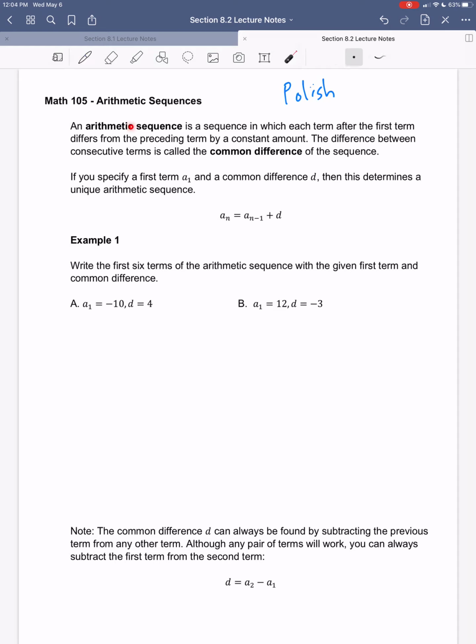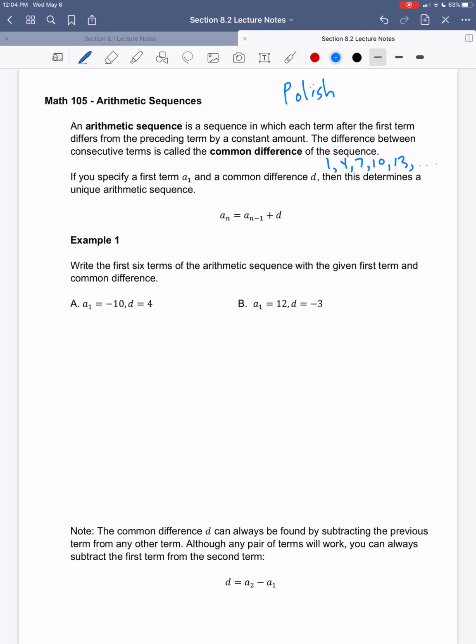So, arithmetic sequence. That's a sequence in which each term after the first term differs from the preceding term by a constant amount. The difference between consecutive terms is called the common difference of the sequence. This is a very common type of sequence. So this might be something like 1, 4, 7, 10, 13, and so on,